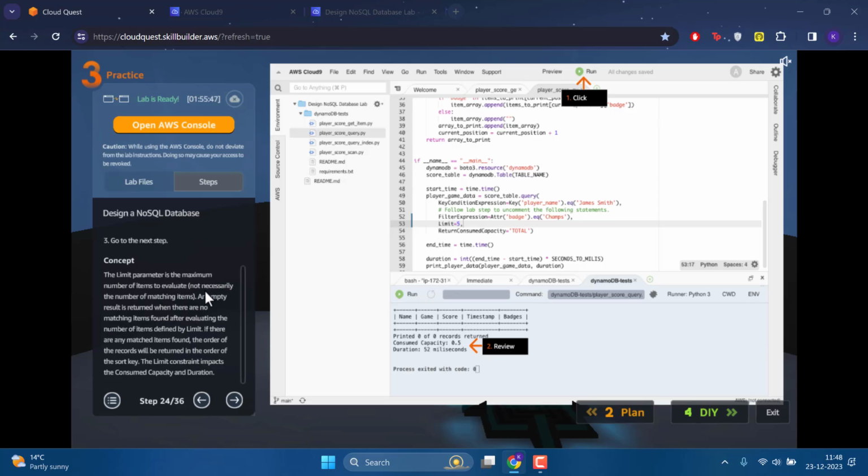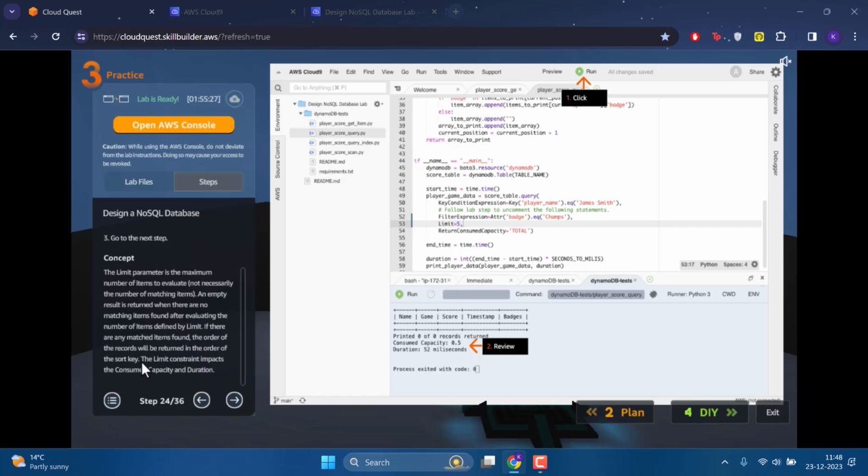Oh, okay, I thought it was only going to return 5, but that is not the case here. To evaluate, not necessarily the number of matching items, which is what I thought. An empty result is returned when there are no matching items found after evaluating the number of items defined by limit. If there are any matched items found, the records will be returned in the order of the sort key. The limit constraint impacts the consumed capacity and duration, obviously.